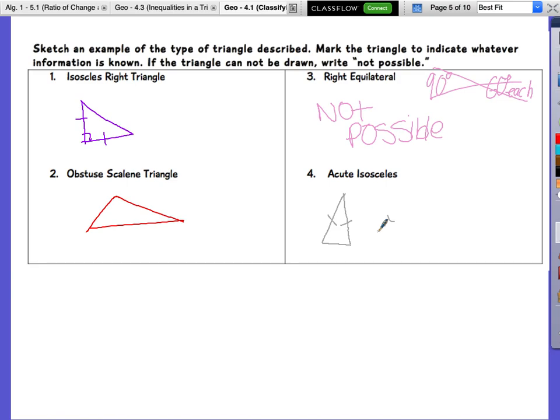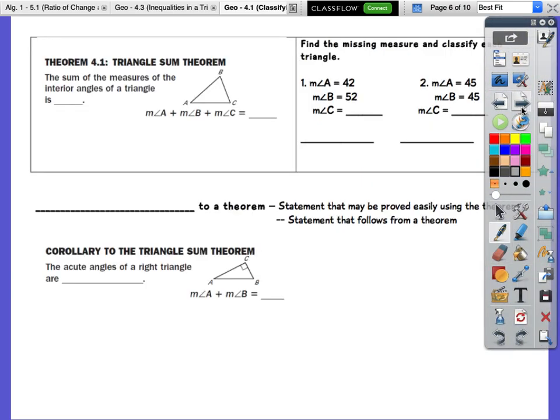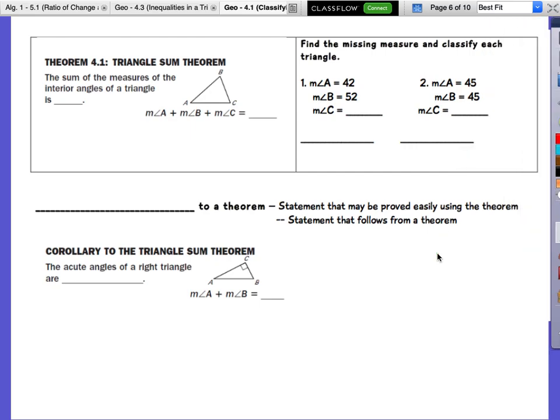No, sir. Okay. Right beneath it, we have our triangle sum theorem we're going to talk about. Wait, Mr. Carlson, so my acute isosceles can be all 3 of them congruent? Isosceles is at least 2, so technically yes, it could be. Typically we call the isosceles triangle only 2, but it can be at least 2. Because if it's all 3, then we go more specific and say it's equilateral.